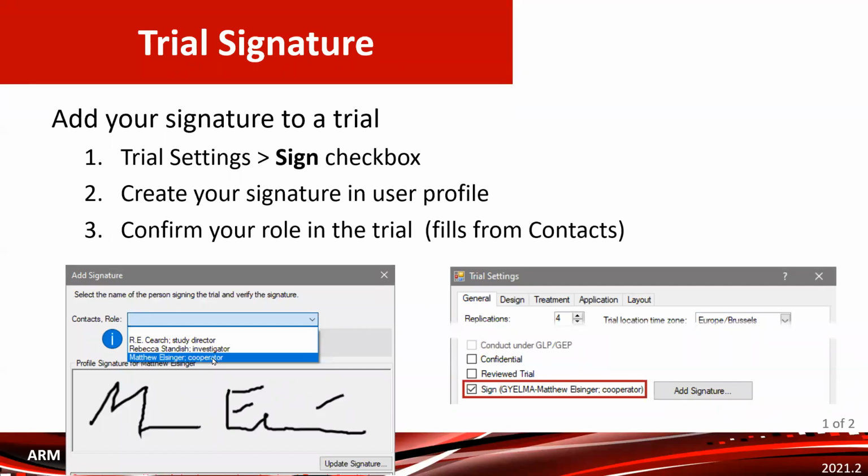Question about the confirmation here. So this step where you're selecting the contact and the role is specific to the trial. So you'll do the signature once and that gets saved to your profile and that can be used again and again. But each time you select the signature for this trial, you'll see this dialog and you'll select the role